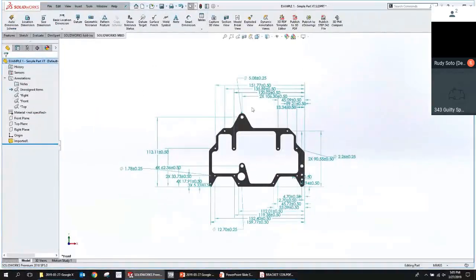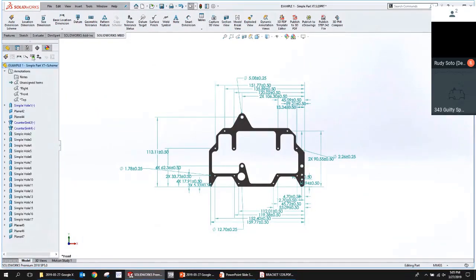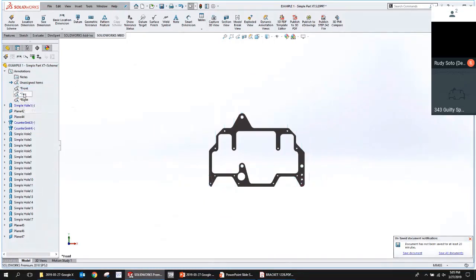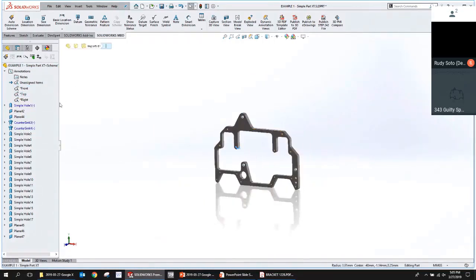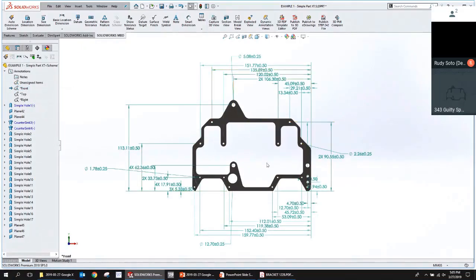So what that term means or is referring to is views that you can bring into a drawing, and you can automatically bring in the dimensioning information dependent on that view. And that's very similar to what we're going to do with this example. So for example, I've got this front view here, and these dimensions here are all assigned to that front view.